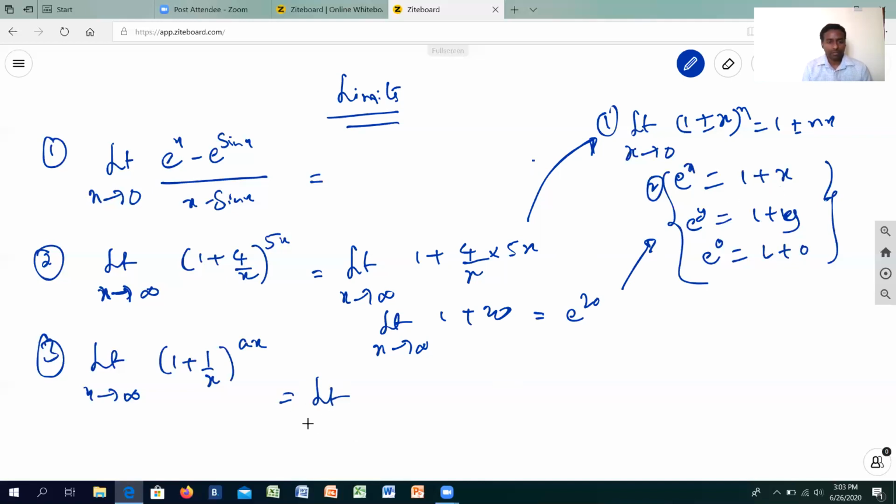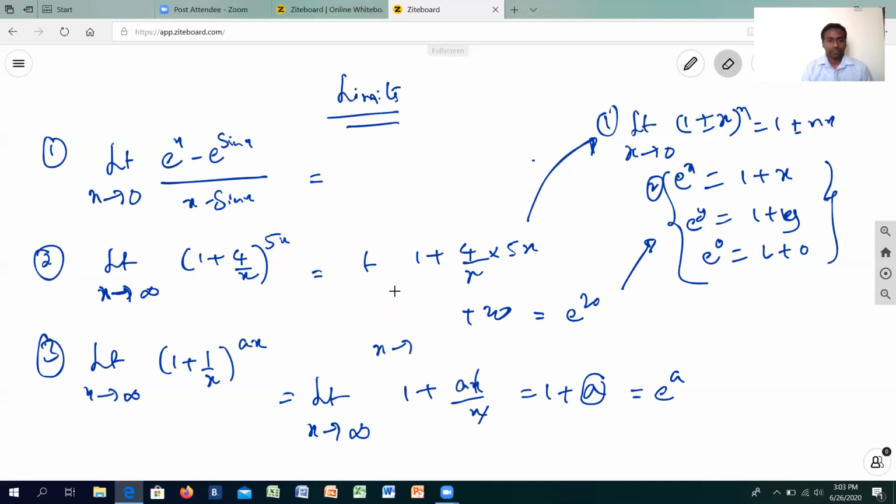Coming back to the next one, limit x tends to infinity, same thing, binomial expression with the power, apply the first one. So you will get 1 plus ax over x, it gets cancelled. So your answer in the multiple choice, you just have to select as e raised to a. Whatever is there, just write in the power with exponential form. Isn't it very great, students? So with this, we have seen in this video two sets of questions based upon the binomial expression and the exponential. You can work it out and solve those questions quite quickly.